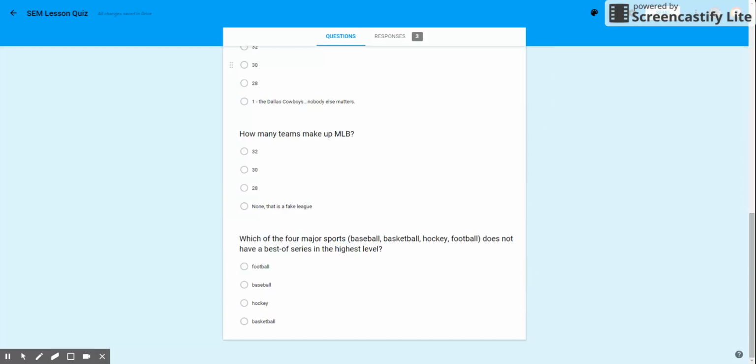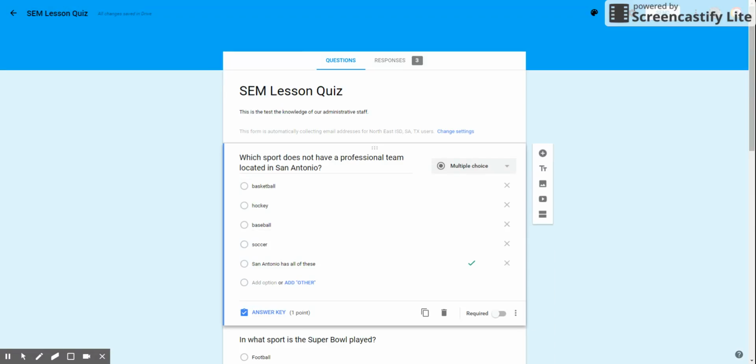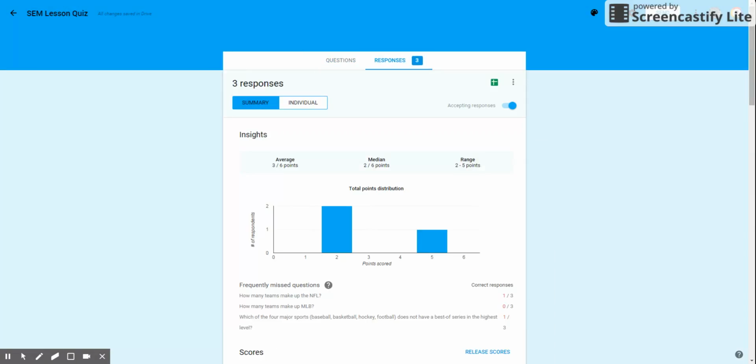Once you have the quiz set up, and I typed, again, 6 different questions, you give the quiz, the kids take the quizzes, and the real power with this, again, to me, is what you can do with the information after the students have taken the quiz or the test. Specifically, one, hopefully you'll see a bell-shaped distribution